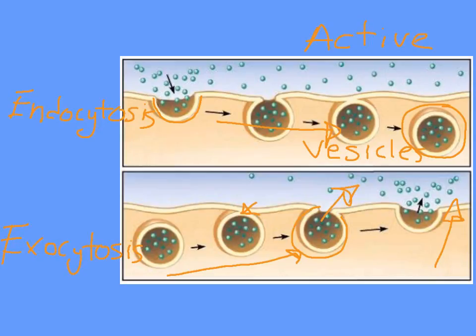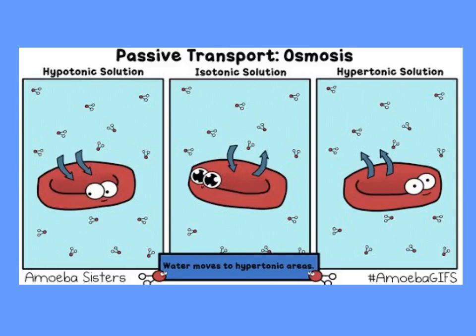Now, these two types of transport, remember, are always known as active transport. In other words, they require energy. Finally, we need to remember that the movement of water between the outside and inside, or the exterior and interior of the cell, the movement of just water, has a particular name, a whole concept for it, known as